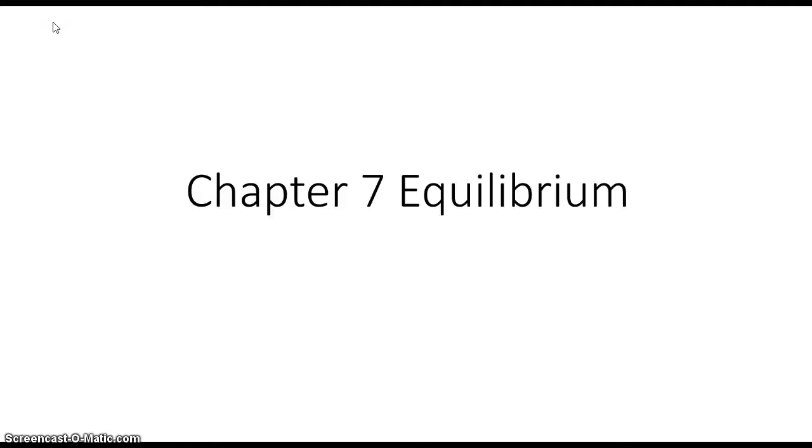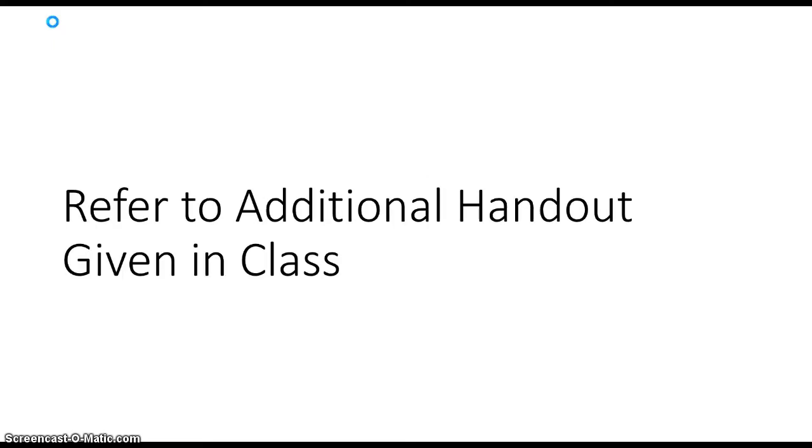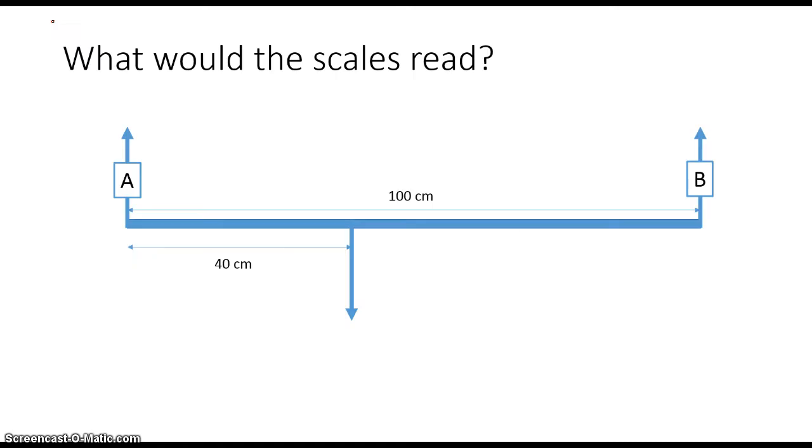In this video, I'm going to take you through two concepts in chapter 7, which is about equilibrium. I would have given you an additional handout in class and you should refer to it. Basically, we have a horizontal rod and two weighing scales, A and B, whose readings you don't know, but you are able to take the readings in class. We will see the actual readings in class, but in this video